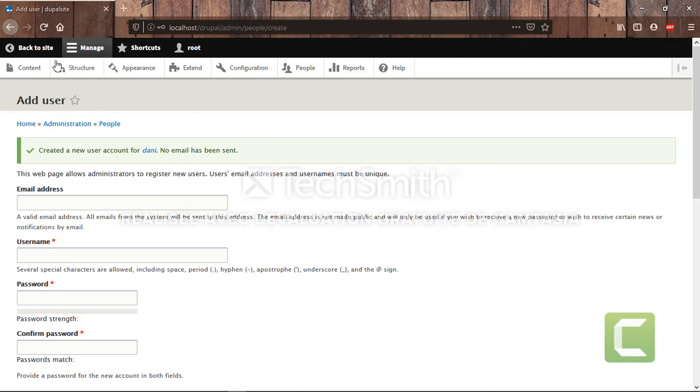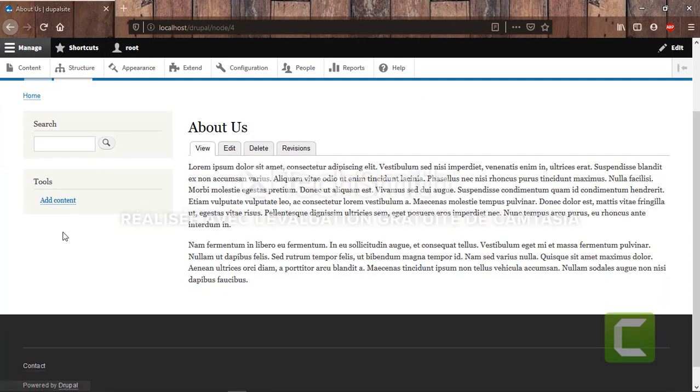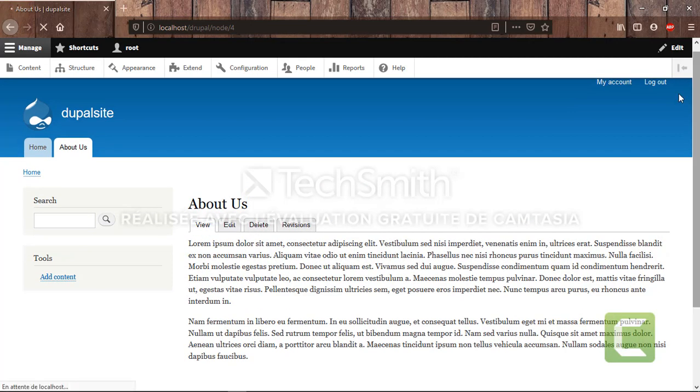We go back to our site, and as you can see, I am connected as the root, and I have all these privileges and all these options in my site. I can edit anything I want because root is an administrator user.